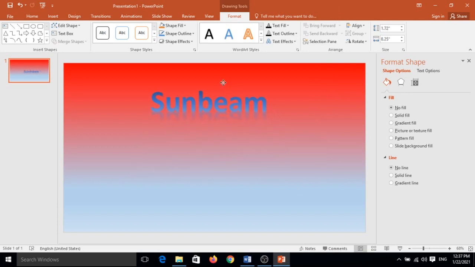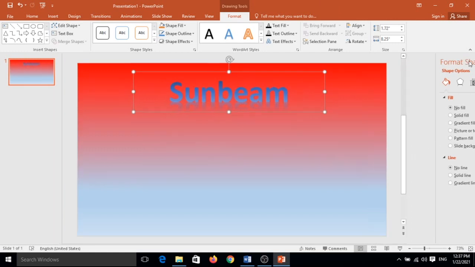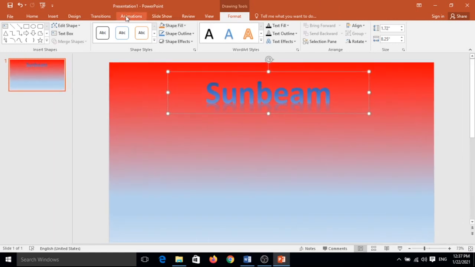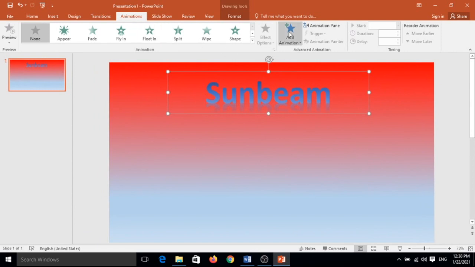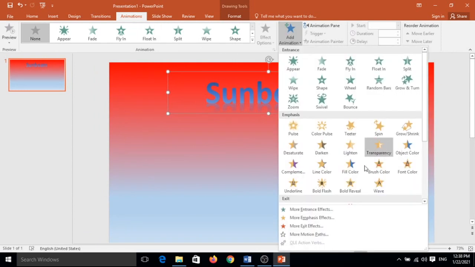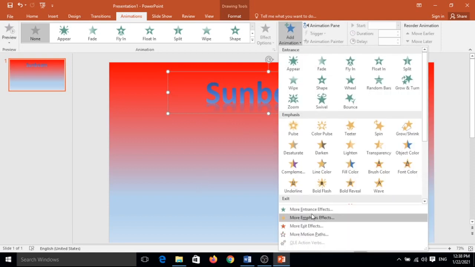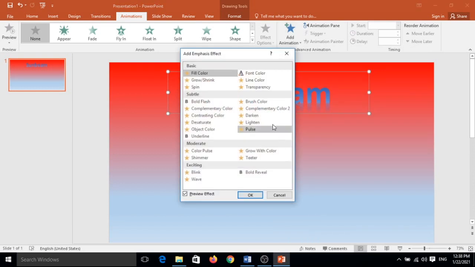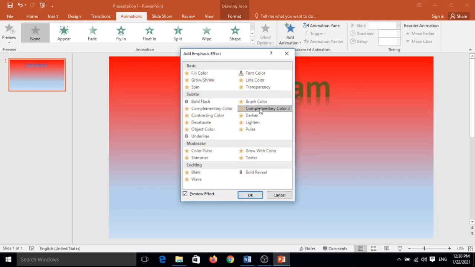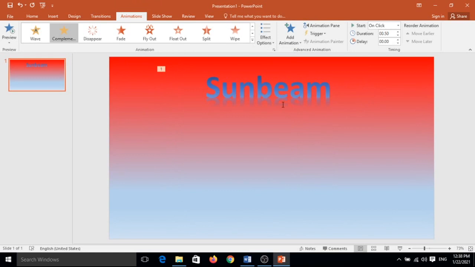And keep it at the top and give the animation on that one. Animate, add animation and choose emphasis, complementary color and click on OK.